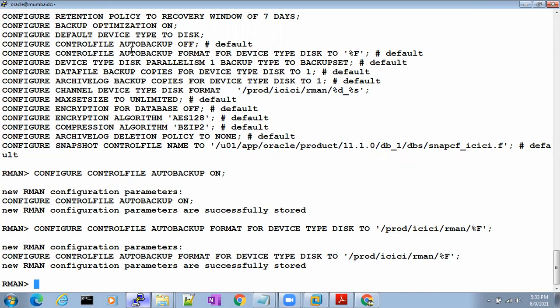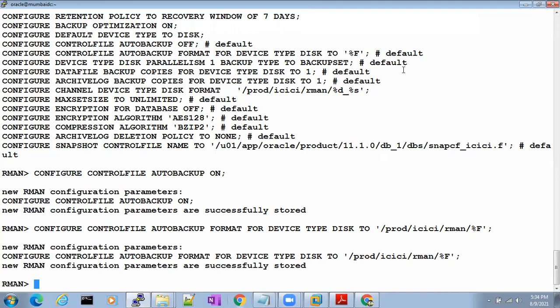It will take a couple more sessions to complete. So that's it for today's session, and in the upcoming sessions we will learn more and more about RMAN, the different kinds of backups that we follow, how we take RMAN backups, and we will also perform